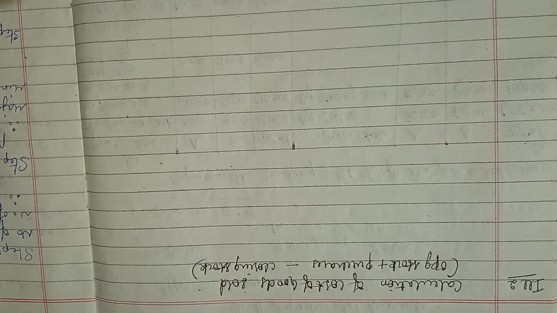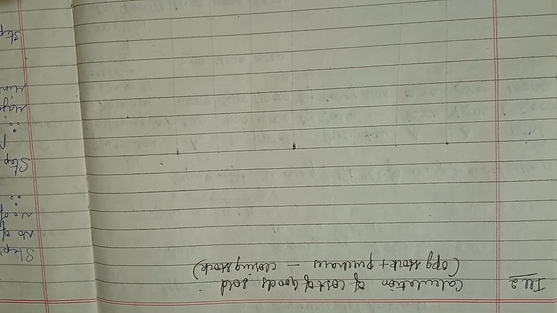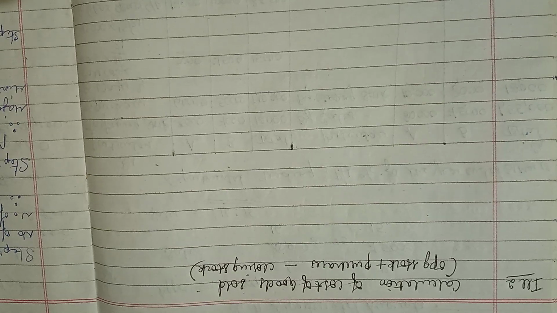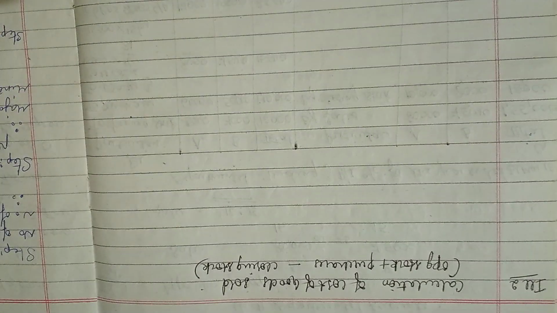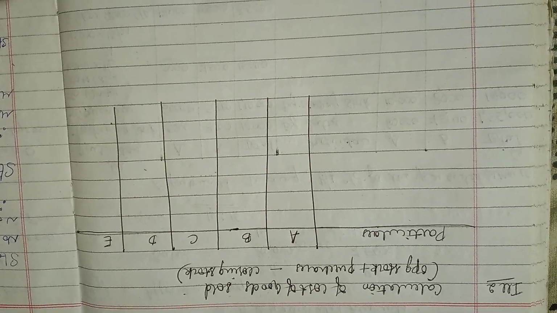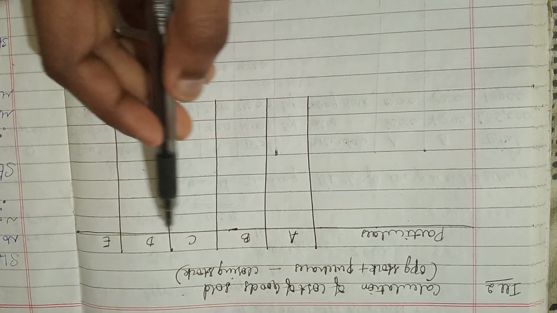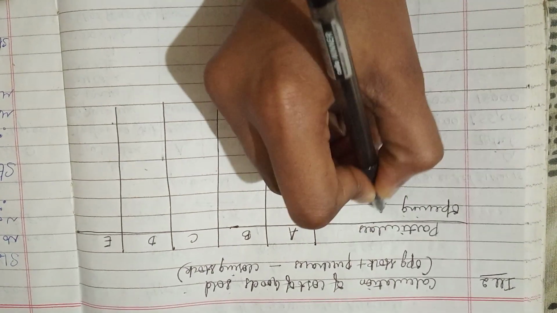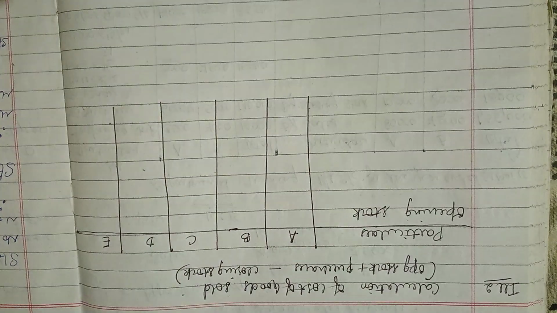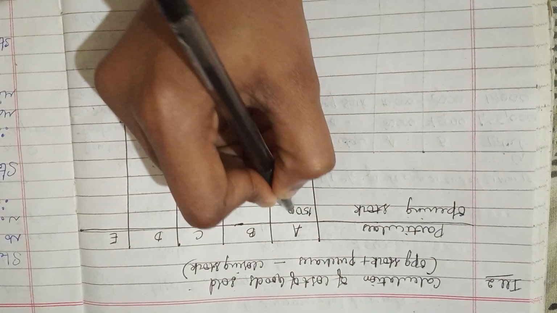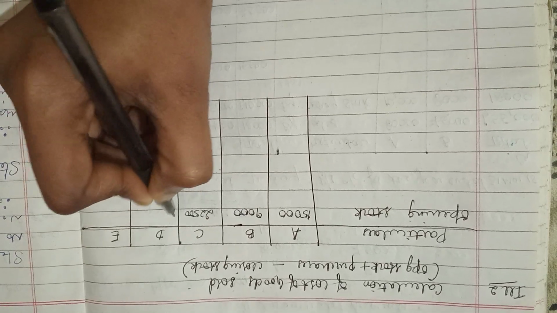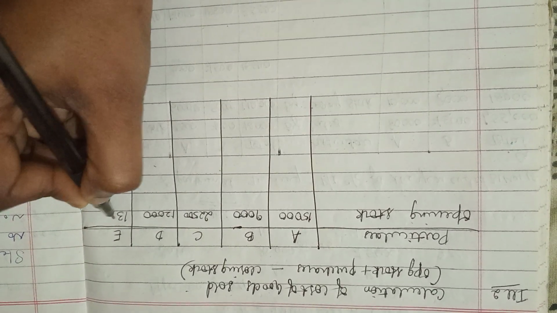The solution here: calculation of cost of goods sold first. We have opening stock plus purchases minus closing stock. Let us work it out. We have five departments, so write down the format: particulars, A, B, C, D, and E. The first item is opening stock, which is given for all the individual departments: 15,000, 9,000, 22,500, 12,000, and 13,500.